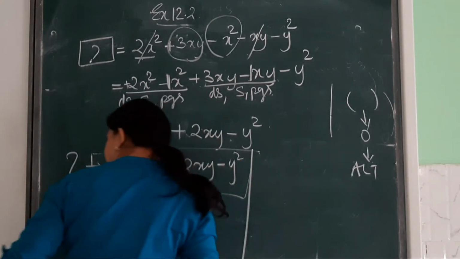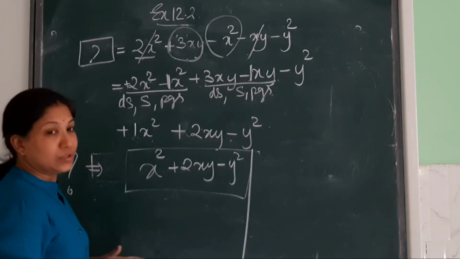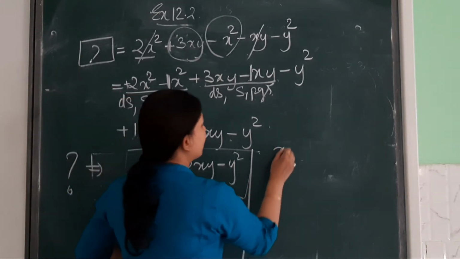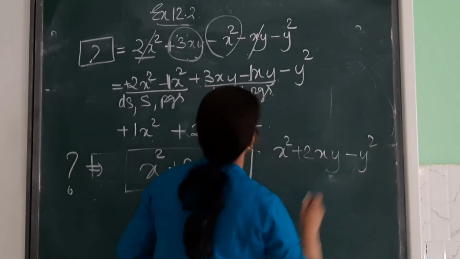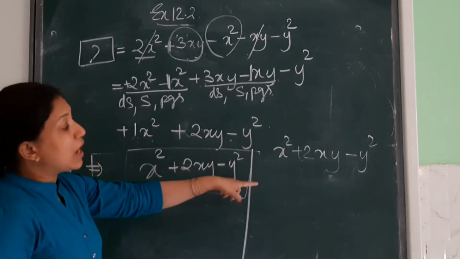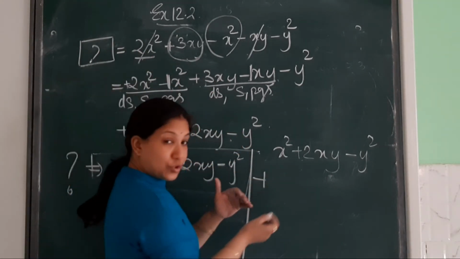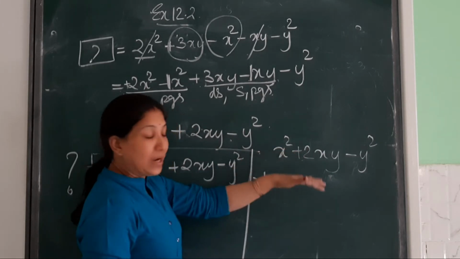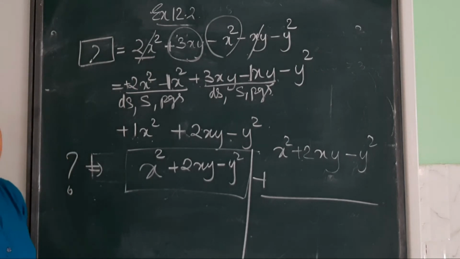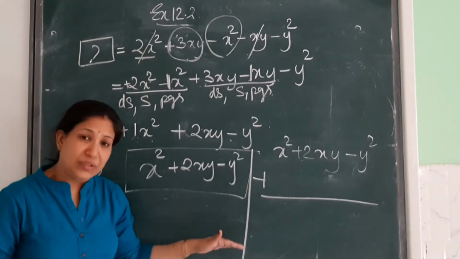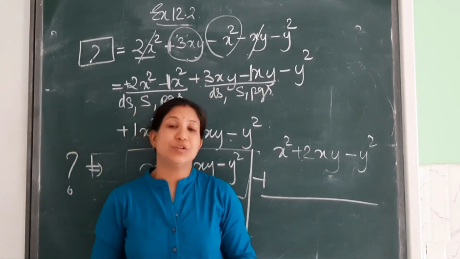So do remember, if you have doubt whether the answer is correct or not, do the same thing. x squared plus 2xy minus y squared, and we were asked to add to that number. So you write down that number and you will get 2x squared plus 3xy. Understood? So copy the solution for this question, and before copying the solution, please make sure that you have